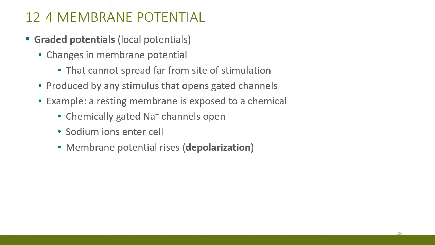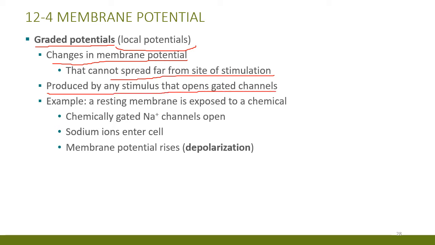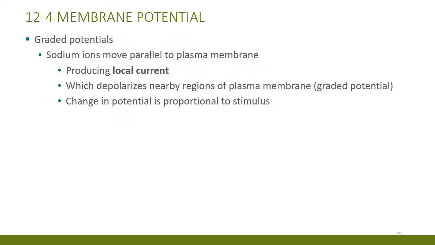So, membrane potentials. A graded potential, we learned, is more local. It changes the membrane potential but cannot spread far from the site of the stimulation, so it goes only a short distance. It can be produced by any stimulus that opens gated ion channels. An example: a resting membrane is exposed to a chemical, and chemically gated sodium ion channels open. Sodium ions enter the cell, and it creates a depolarization. The sodium ions move parallel to the plasma membrane, producing a local current,